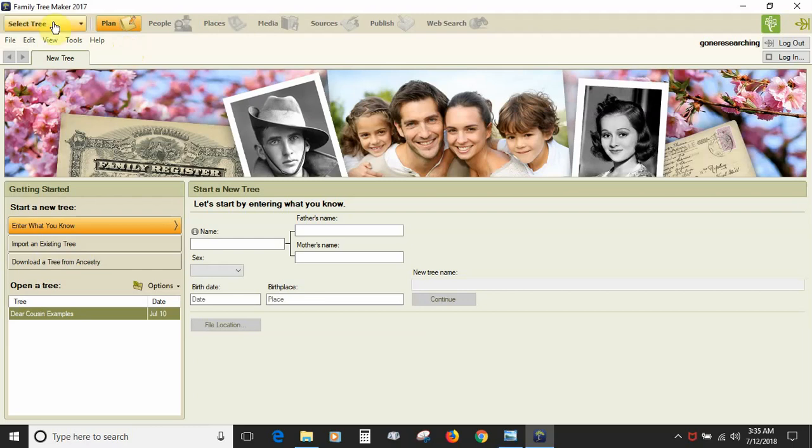The left panel on most of the workspaces is the list panel. The center panels are the data panels, and the right panel is the editing panel. Now, the Plan workspace does not have an editing panel. On the New Tree view tab of the Plan workspace, where we are now, you will see a list of your tree files, including the options for starting a new tree